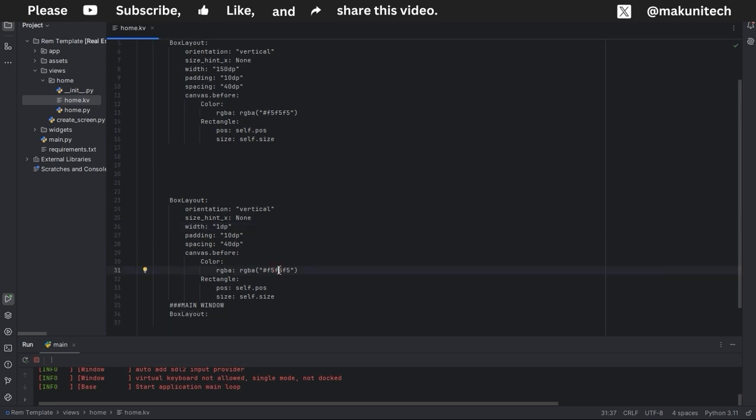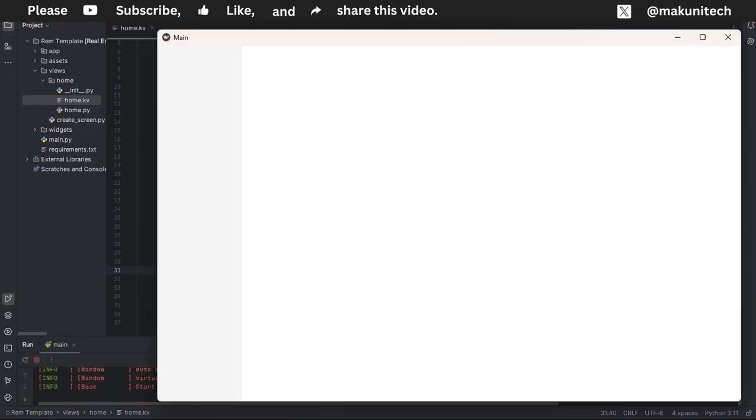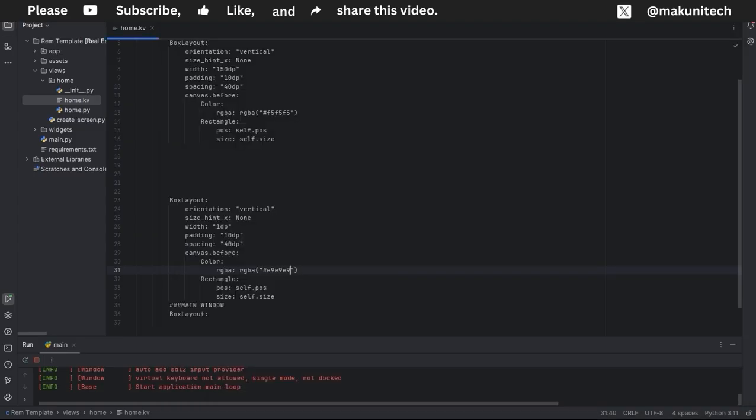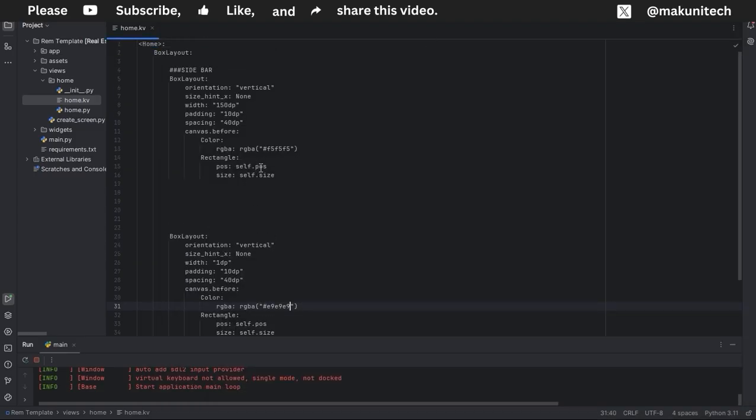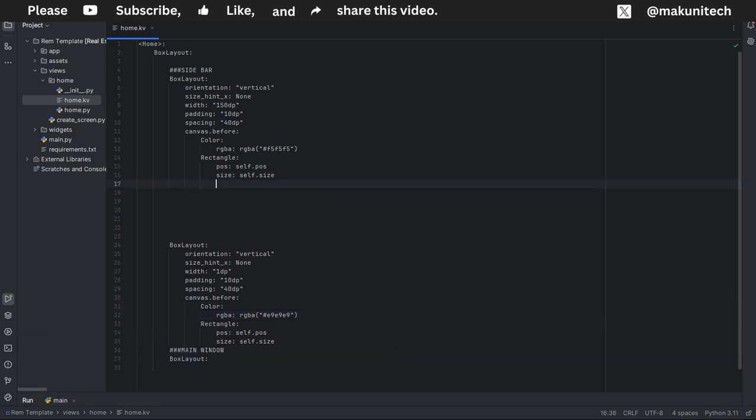Then this, I'm thinking of making this, let's make it E9 E9 E9 like this. So let's rerun this. Okay, so there's some clear separation between our sidebar and our main window. Okay, so let's continue, right? So right here, let me get rid of this. Okay,